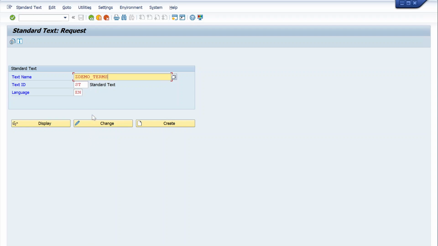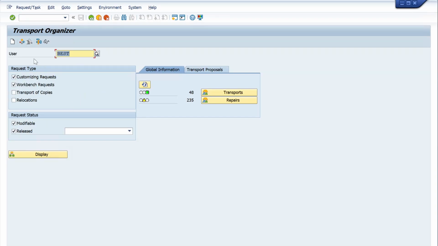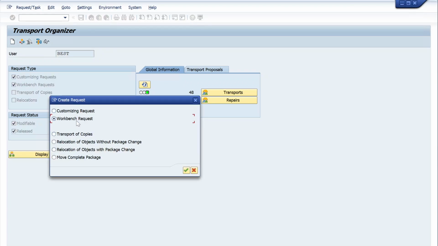Now, how to transport this? For that, first we need to create one transport request, or if it is already generated, for example, when we create the smart form, it will ask for a transport request, right? So we can also use the existing transport request. Or if there is no transport request, create your own. Where you can create, go to SE09, create transport request, create workbench transport request,